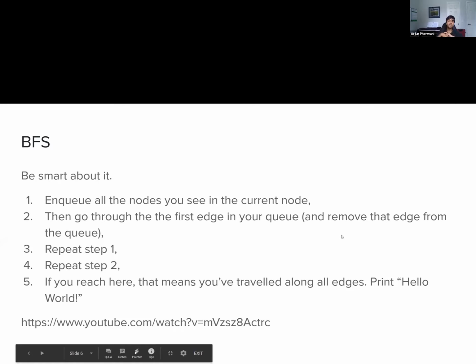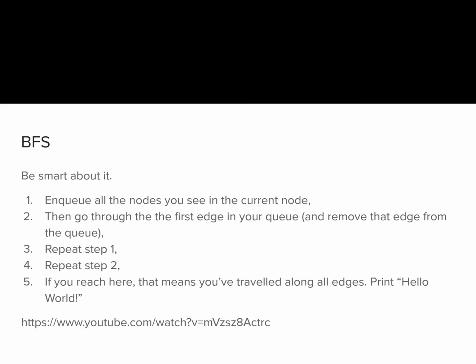All right, so in breadth first search, you're a little bit smarter. Emphasis on little bit. So first thing you do is that you remember queues, right? From the previous session. Christopher, Leia, Andrew. I wasn't here last time, but I know about queues.